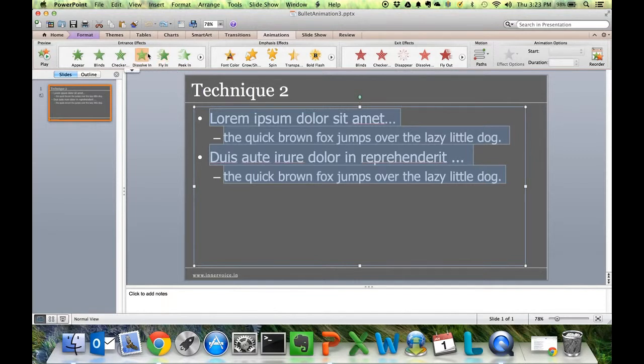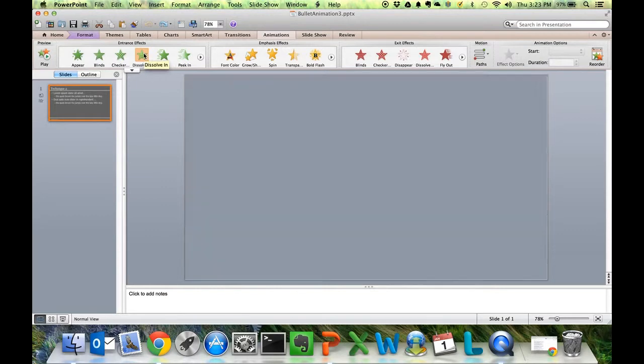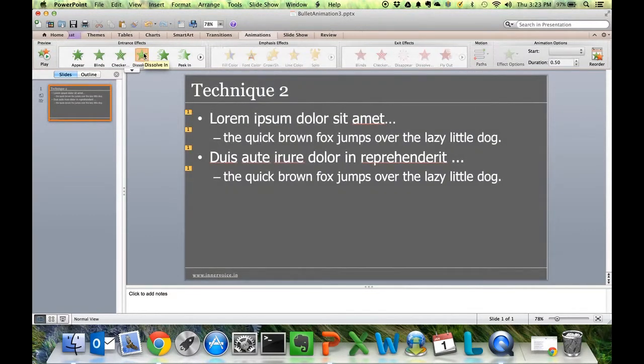But the moment I choose an entrance effect, let's see what happens. As you can see, the moment I selected an entrance effect, all the bullets have been assigned the same animation number. This means that they will all get animated together in one go. But what also has happened is the start field has now been enabled.